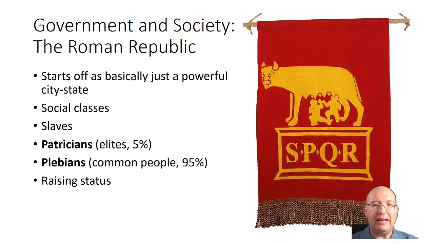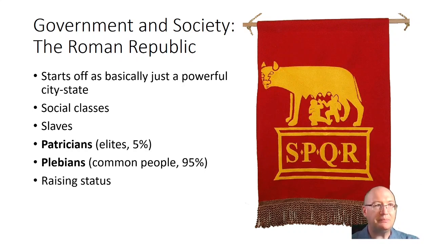And they didn't always match. And so sometimes what would happen is you'd have these complex cases where a poor patrician would marry a rich plebeian, right? The patrician needs money to maintain their social status. The plebeian has the money and hopes that by marrying a patrician, their social status will go up. And that's going to cause conflict because this kind of blurs the lines between these distinctions. And when your privileges come from being part of a certain status group, as we'll talk about momentarily, you don't want any blurring of lines. You want it to be very clear that you're a patrician and that no one else is,